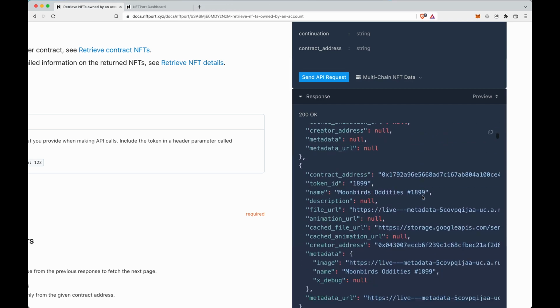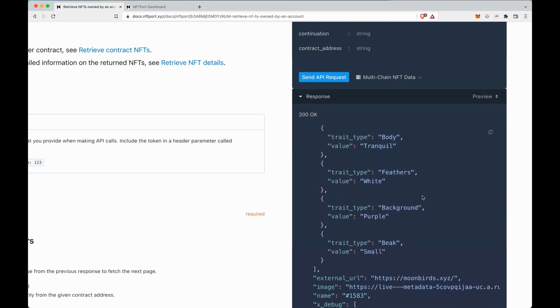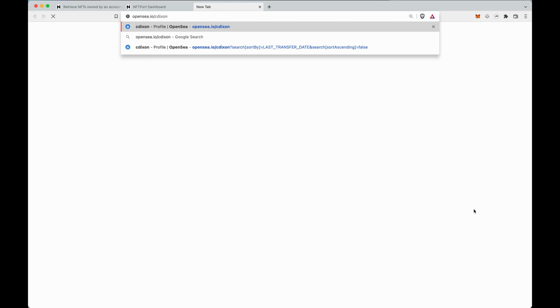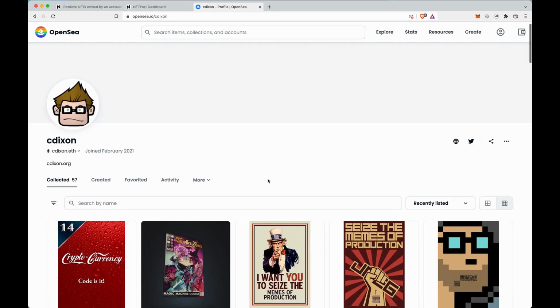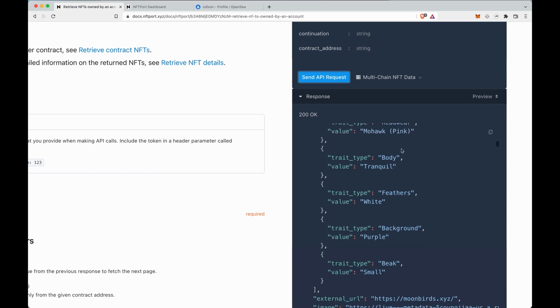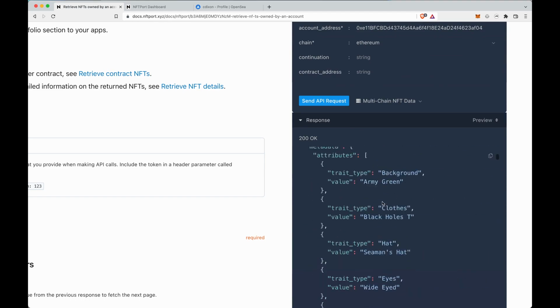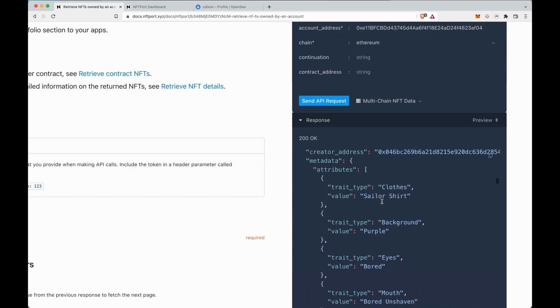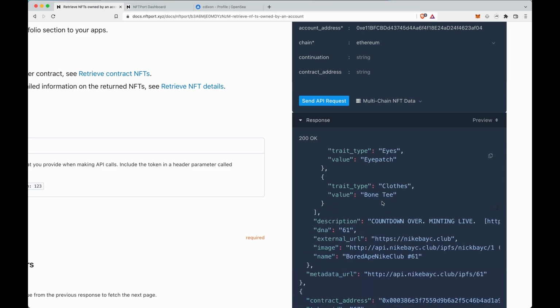When we go through all of the items in that user's wallet, we can get all of the data that we would need to show a wallet page for that user. You could build something that is quite similar to a profile page or NFT zone page. For example, if you look at Chris Dixon's page, you could get their wallet address, fetch all of the NFTs that they own, and reproduce the same view by rendering all of the data, all of the cached images, all of the contract names, attributes, everything you can get with a single API call. And that makes it very, very fast to build a personalized experience for the user who connects their wallet to